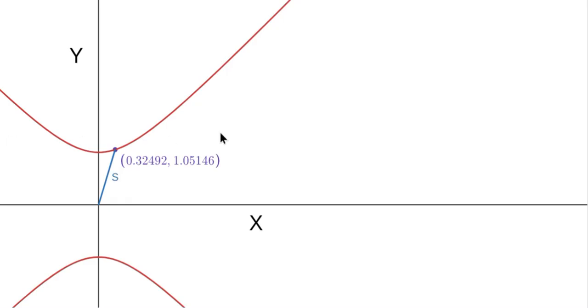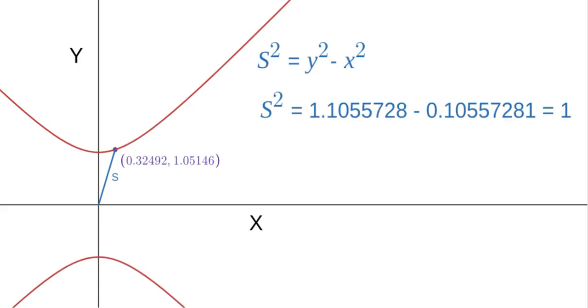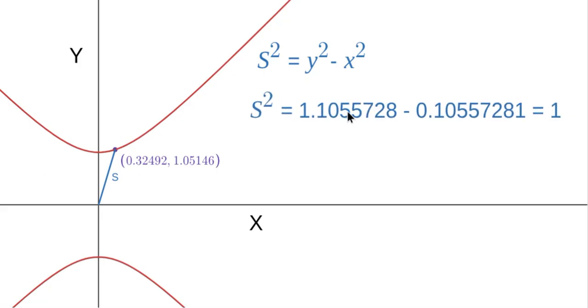Okay, so now how do we measure S? How do we measure this distance? You can't use the Pythagorean theorem. You have to use the equation of the hyperbola, which is that. Okay? So if I put those values on here, like this, so this is x squared, and this is y squared,